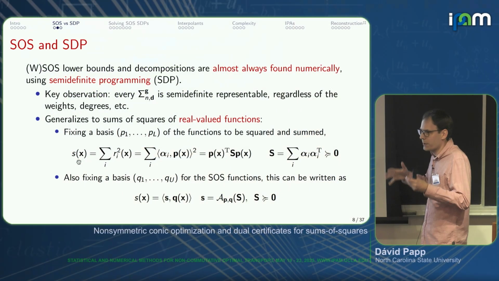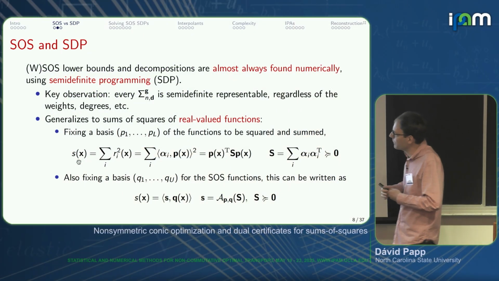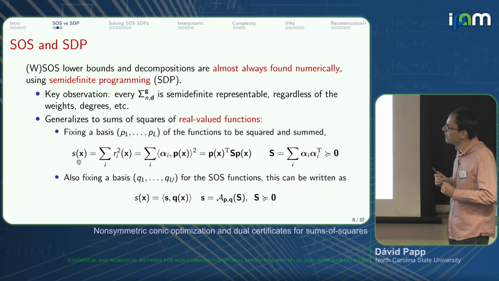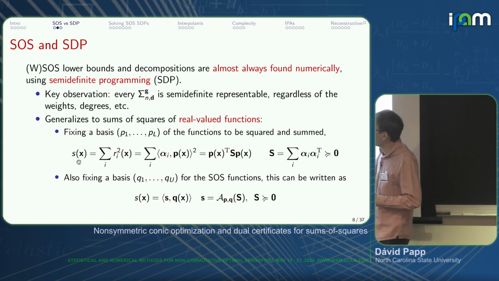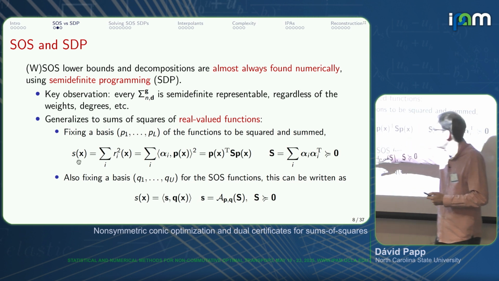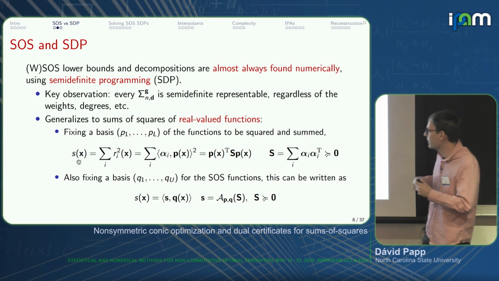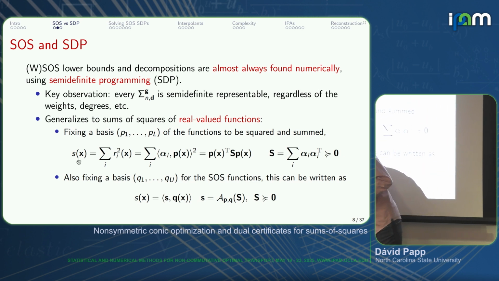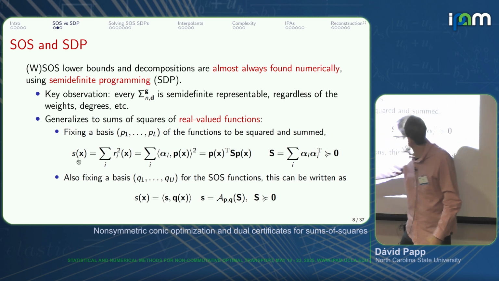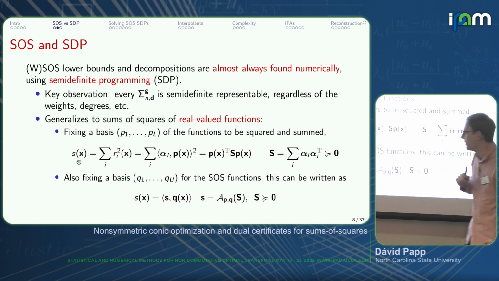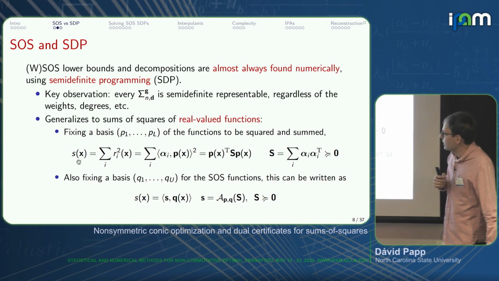And so in particular, if I want to now really turn this into a semi-definite program, write everything in a finite dimensional representation, then we can also fix another basis. This will be the basis for the SOS functions, right? Like where the sum of squares functions live. And then we simply end up with a constraint like this,